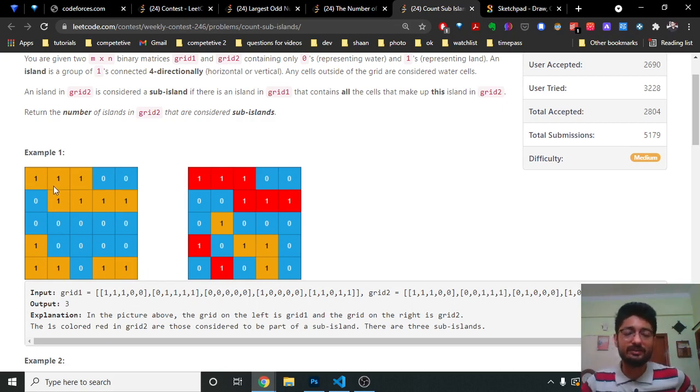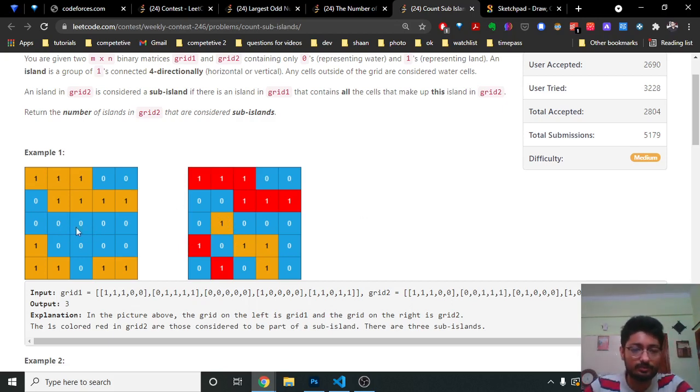Okay, now this is one grid. Now another grid can also have some islands. As you can see, this is an island, this is an island, but you have to see which of those islands in the second grid are completely inside the first grid's islands. So if you take this island and this island, is this island completely inside one of the islands in grid 1? Yes, this is completely inside.